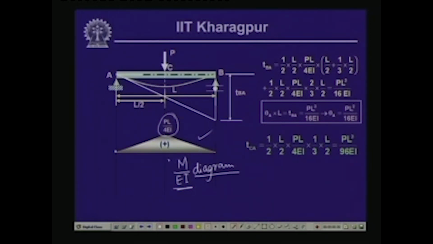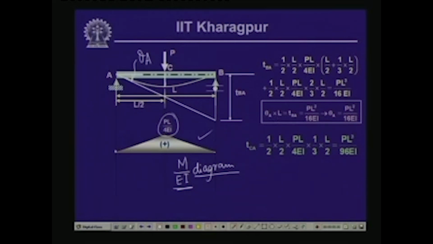We would like to compute the value of the deflection at the center, and being symmetrical, this is the maximum deflection that we are going to obtain at this particular point. We also need to find out the slope of this beam. Let us call this theta A. Now, we employ the second moment area theorem to evaluate the tangential deviation of point B with respect to point